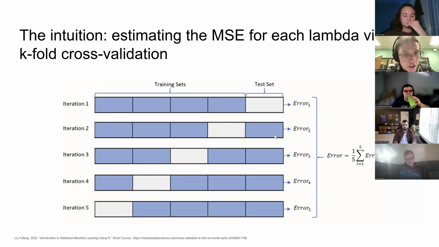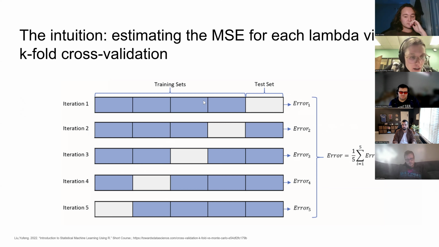So what we do in the first iteration is we take the first 4 folds of our data and we estimate a model based on those first 4 folds. And then we apply the model to the test set and see what the error is. How different are our predictions from the actual Y values in the data? And we do that across each of the different folds of the data set such that each fold becomes a test set. And we take the average of those errors, and that becomes our mean squared error for that lambda